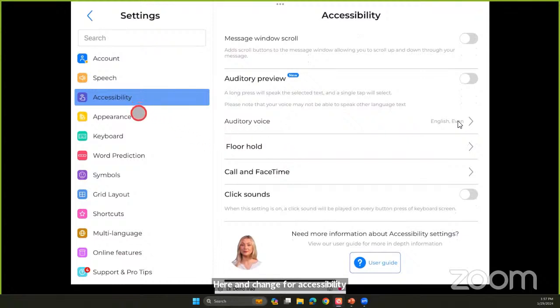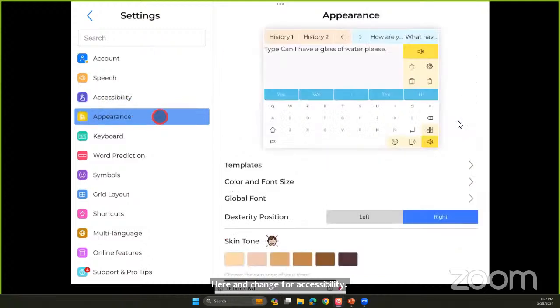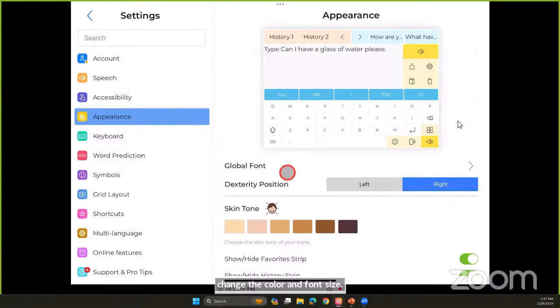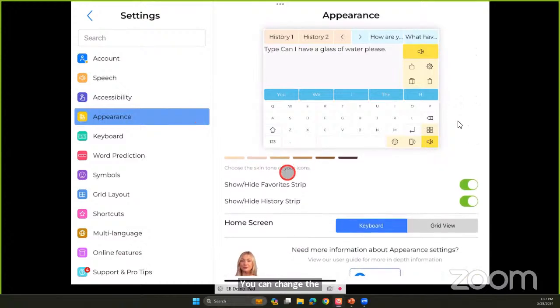You can also change a lot about the appearance. So you can change the color and font size, you can change the templates and things like that. So if there are things that you don't like, the colors or where they are, you can change that. If you want to start with the categories instead of the keyboard, you can do that.